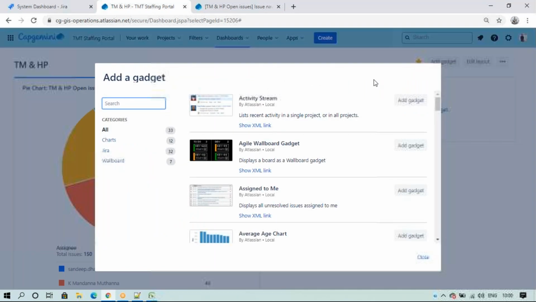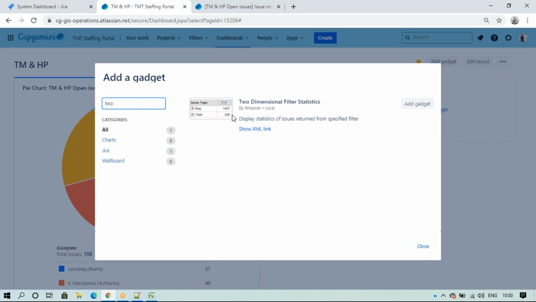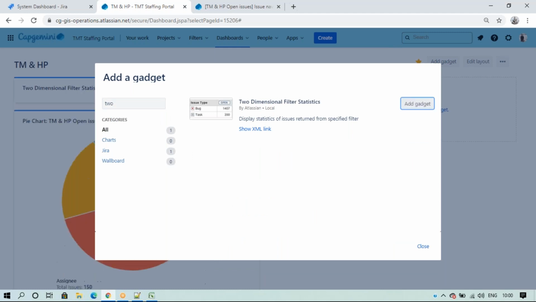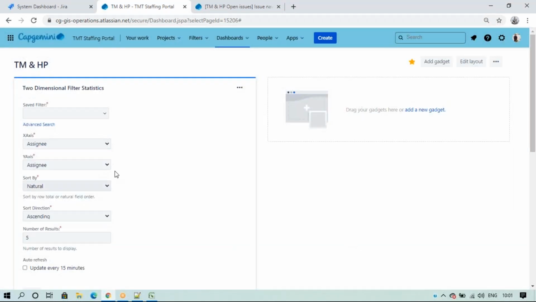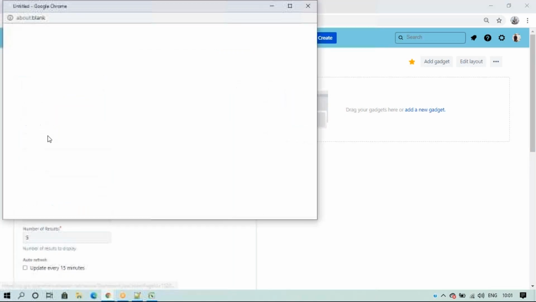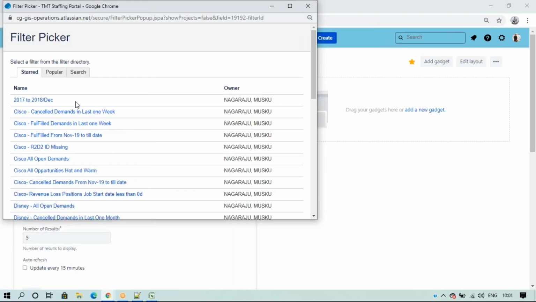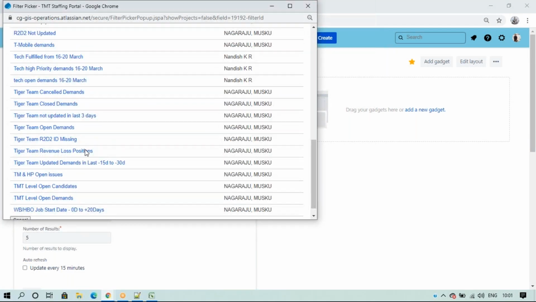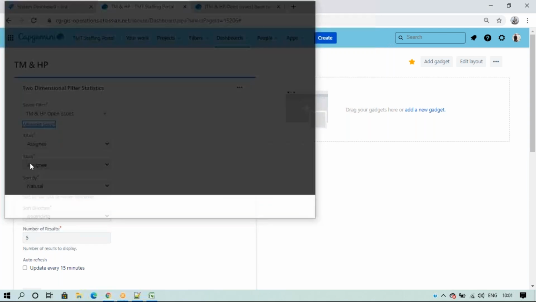And in the same example I've added some different ones, where I want project-wise or status-wise too. So we have a two-dimensional one, these gadgets. Selected this, I'll close this. Search the filter, same. What is the filter name? T-Mobile and HP open issues.